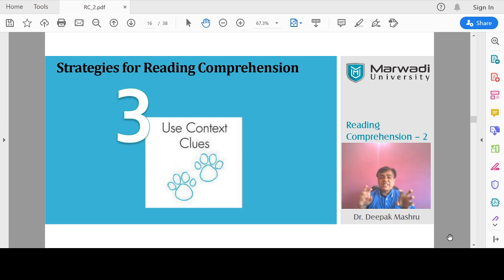So you need to find out such kind of clues. It is not necessary that every time you are in that capacity to understand, or you get to know about all the topics which have been asked in an exam or paragraph you come across, right? You don't have that, but technically you can try to solve it this way. You can find out by words or by spellings. If your vocabulary is good, you will find out the words, right, and you will get to know that, okay, these kind of words are used in such kind of profession or such kind of domain. So in that way it will help you, right? So in that way you find out context clues.